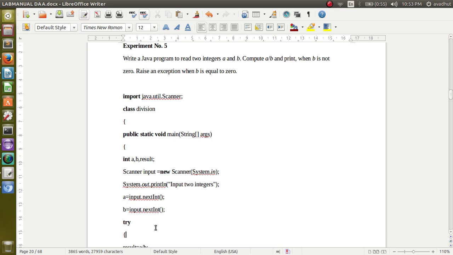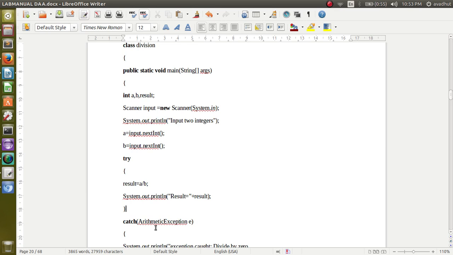Next, we are calculating the quotient. While calculating the quotient, we have to do the division. During this division, an abnormal condition may arise if the b value is equal to 0. This part of code may or may not produce the exception. That is why it is put in the try block. Result is equal to a divided by b.